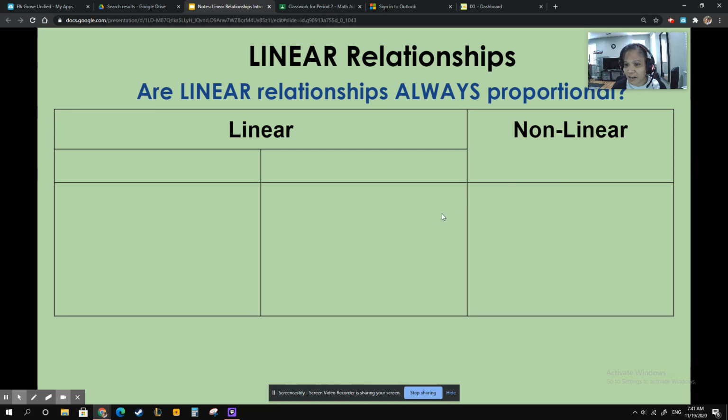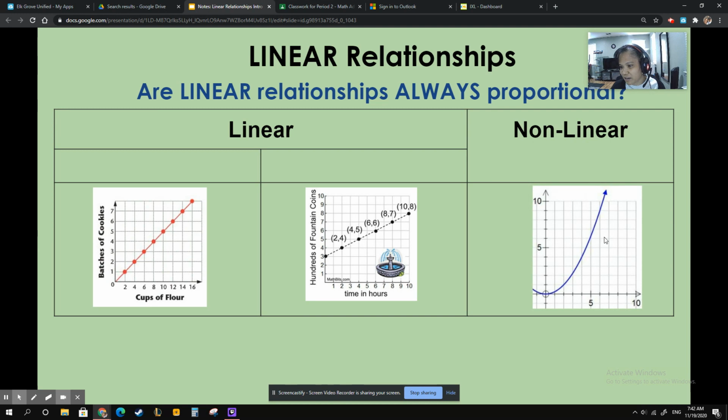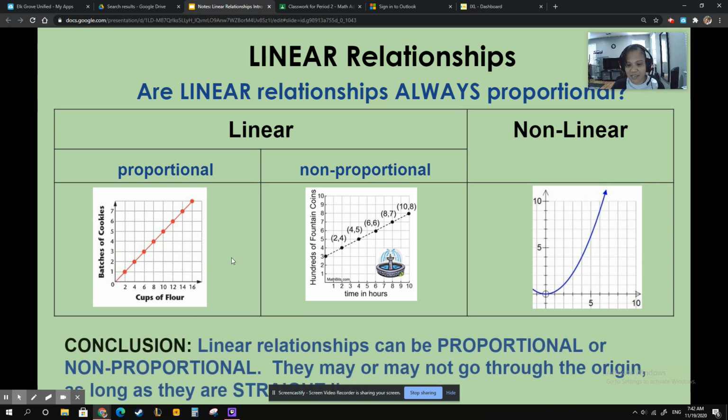So we can again differentiate between linear and non-linear. And here are the graphs that are linear. So this one and that one, they are both linear. And of course the non-linear is when it's not a straight line. But as you can see from these two graphs that are under linear, one is proportional and the other is non-proportional. So our conclusion is linear relationships can be proportional or non-proportional, and they may or may not